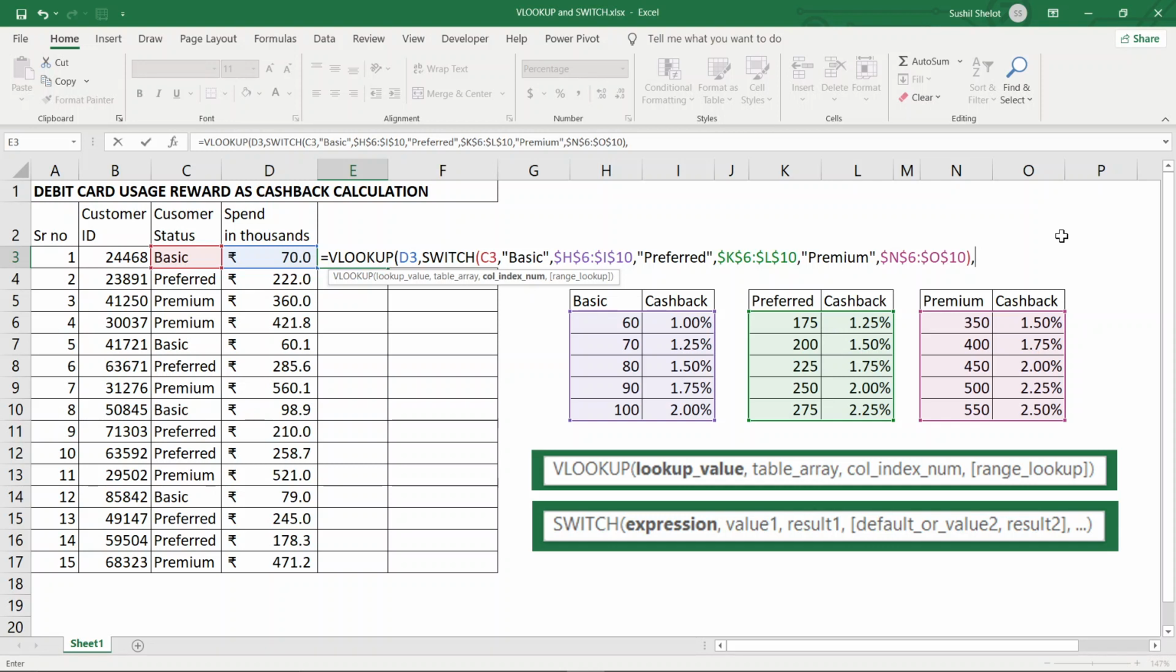As you see, in the first column the customer status, that is basic, preferred and premium, is stated, and in column number 2 the cashback percentage is stated. So for us the column index number is 2, that is of our interest. And finally, what do I need to return? So the lookup